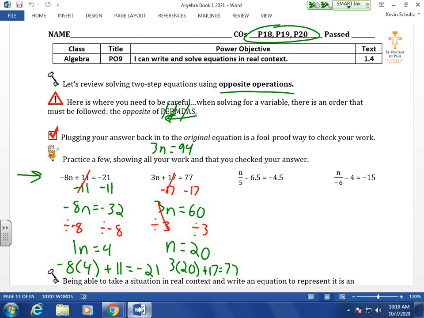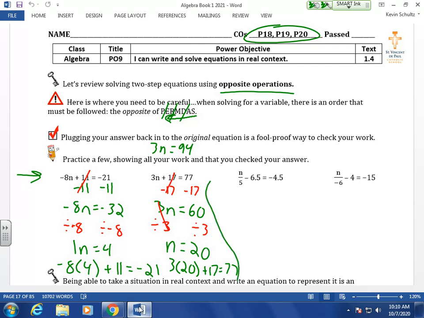But if you got 31 and a third as an answer, if you plug that back in here, you'd see, oh, that doesn't work. So checking yourself really doesn't take long, and it can mean the difference between a right answer and a wrong answer, or passing PO9 and not passing PO9, right? The next one here,